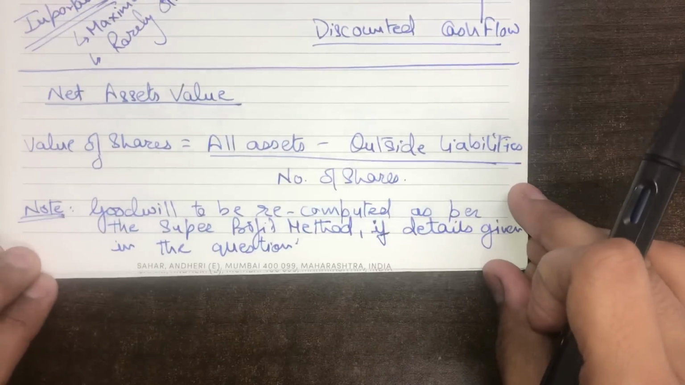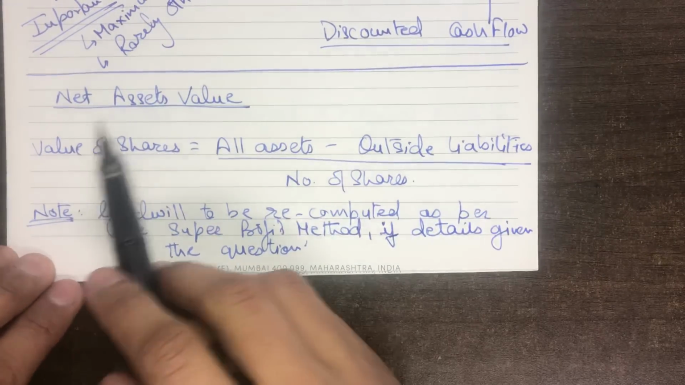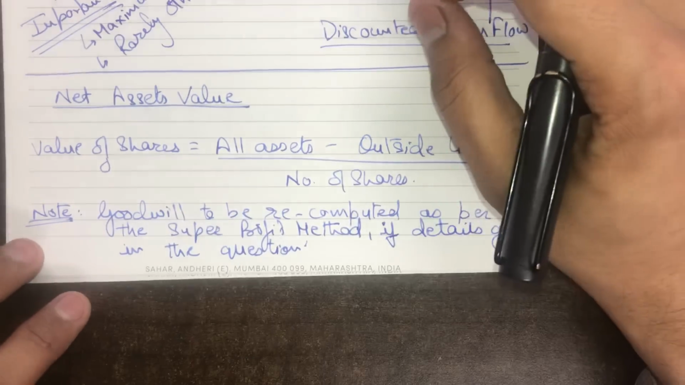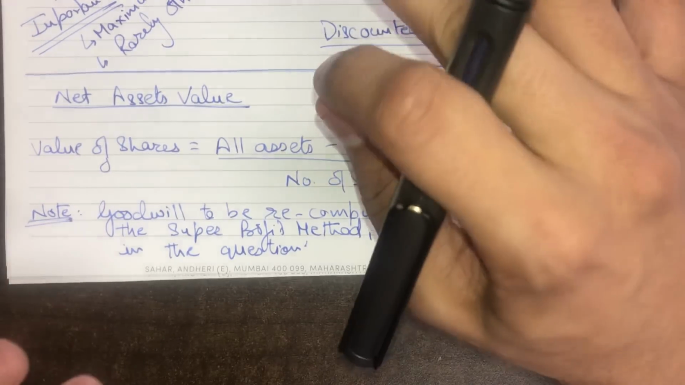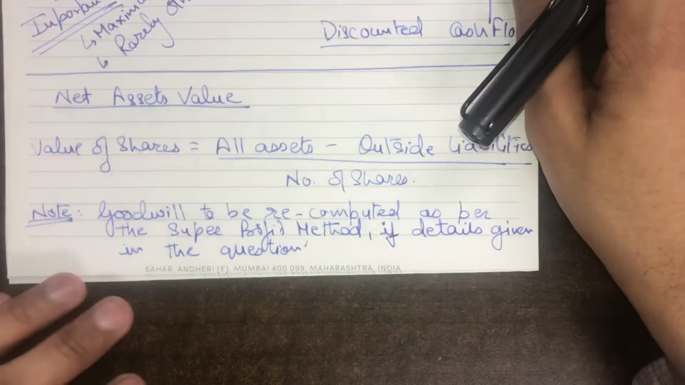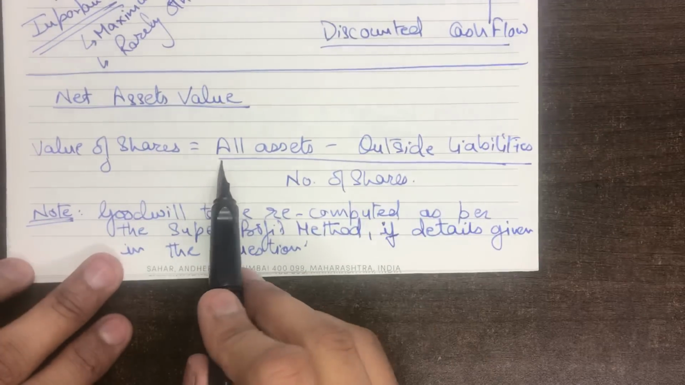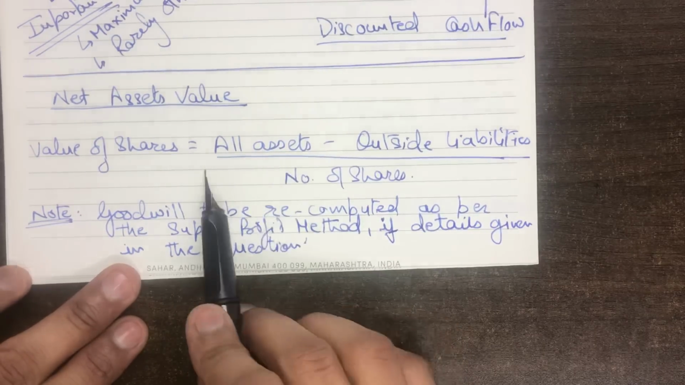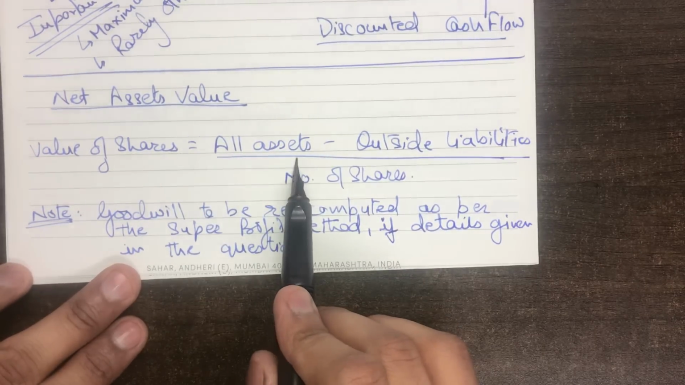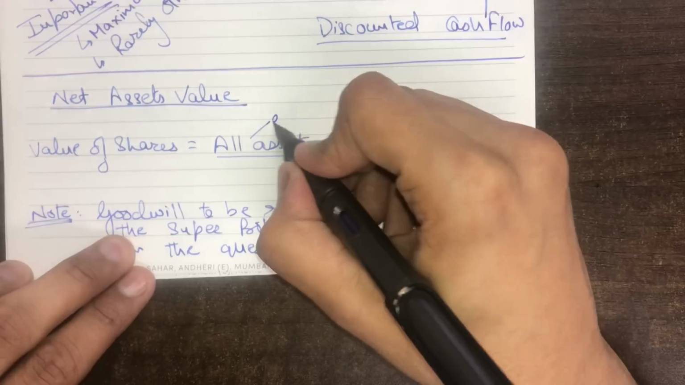Now let us come to the NAV method. So what is the NAV method? Simple. You have done it several times before. It is a simple method, and the formula is really simple. The method is: all assets which are there in your balance sheet. One thing to be kept in mind,